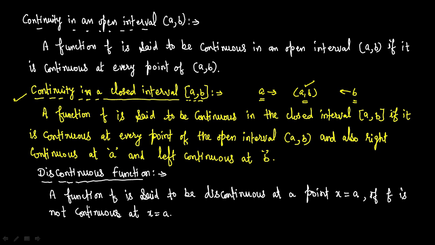And I just discussed with you the discontinuous function, when we can say that a function f is discontinuous. We can define it if either LHL does not exist or RHL does not exist or both of them do not exist. Also, if LHL and RHL exist but they are not equal, then again we can say that function is discontinuous. And one more thing, when LHL and RHL exist, they are equal but not equal to f of a, that is, the value of the function at that point. According to these, we are going to define now types of discontinuity.